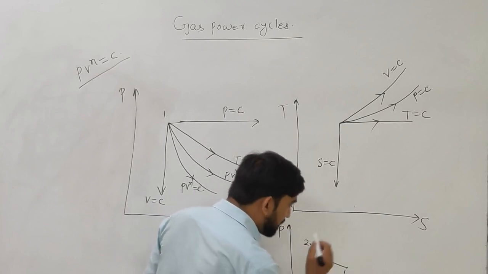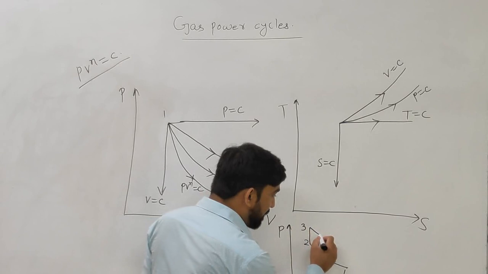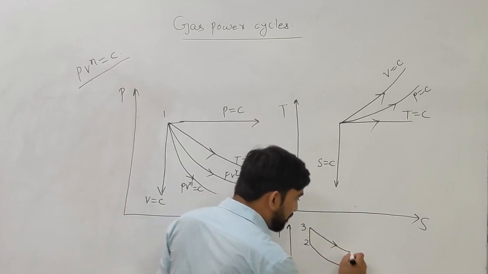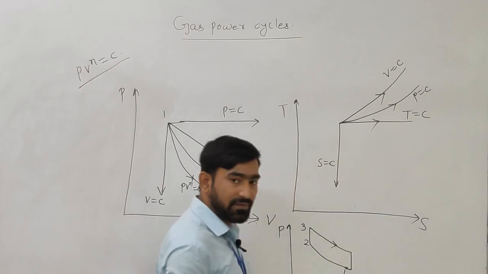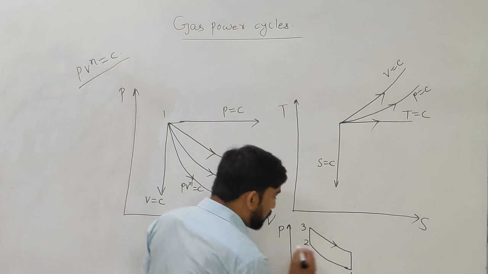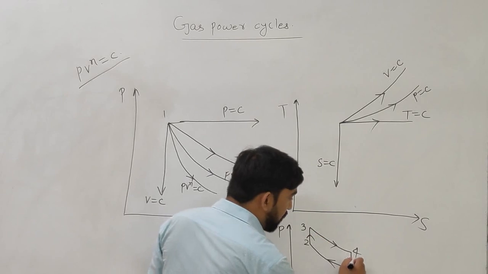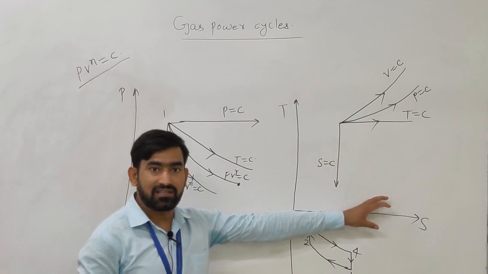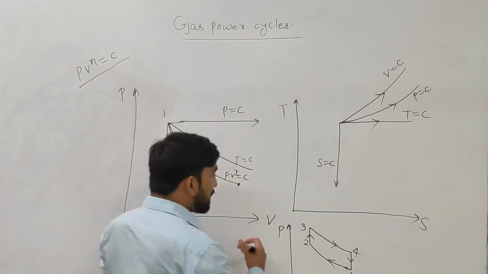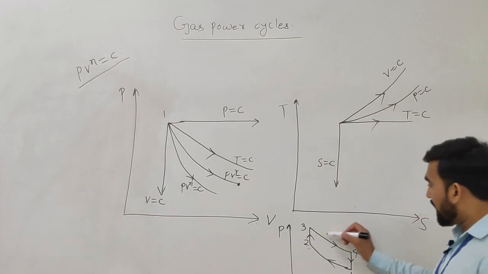This is a reversible adiabatic process. 2 to 3 is a constant volume process. Then again a reversible adiabatic process 3 to 4, and 4 to 1 is again an isochoric, or constant volume, process: 1 to 2, 2 to 3, 3 to 4. But here, how do we draw this diagram with the help of this PV and TS diagram given by the polytropic process? Here it is 1 to 2, a reversible adiabatic process.